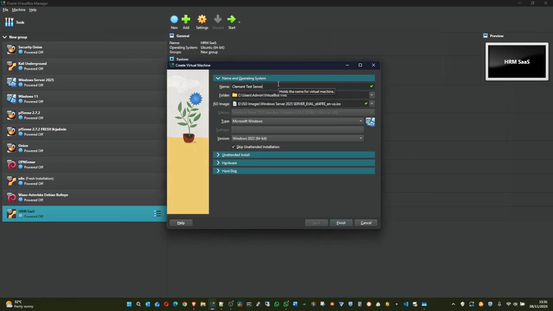Whatever name you give it, it doesn't matter. You can call it test server 1 or lab 1, my primary lab 1, lab 2, production server 1, production server 2, backup server 1, web server 2, whatever name. And you choose the ISO file as we have it right here.